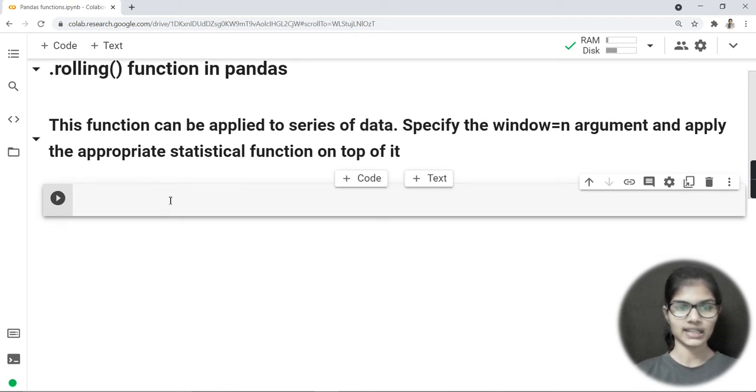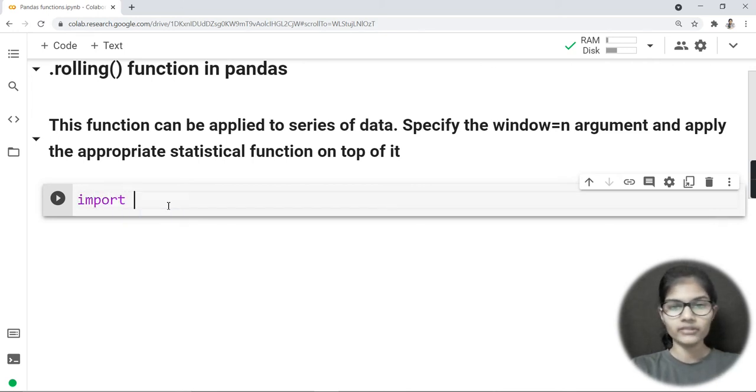Now what I will do is start writing the program for today so that you have a better overview of what this function actually is, right? Firstly, my first step, whenever we perform any function on pandas or numpy.